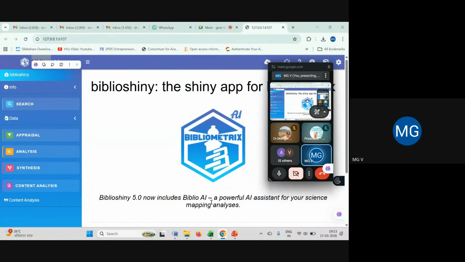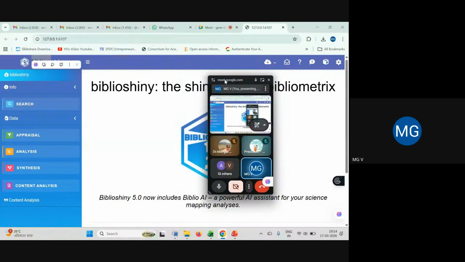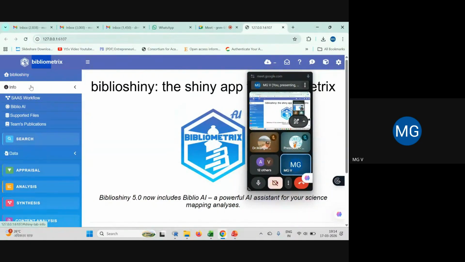This was not available earlier. So Biblio AI is a powerful AI assistant for your science mapping analysis. Now, how can we use it for literature review purposes? How can we get the graphs generated for further analysis? So let us go through.